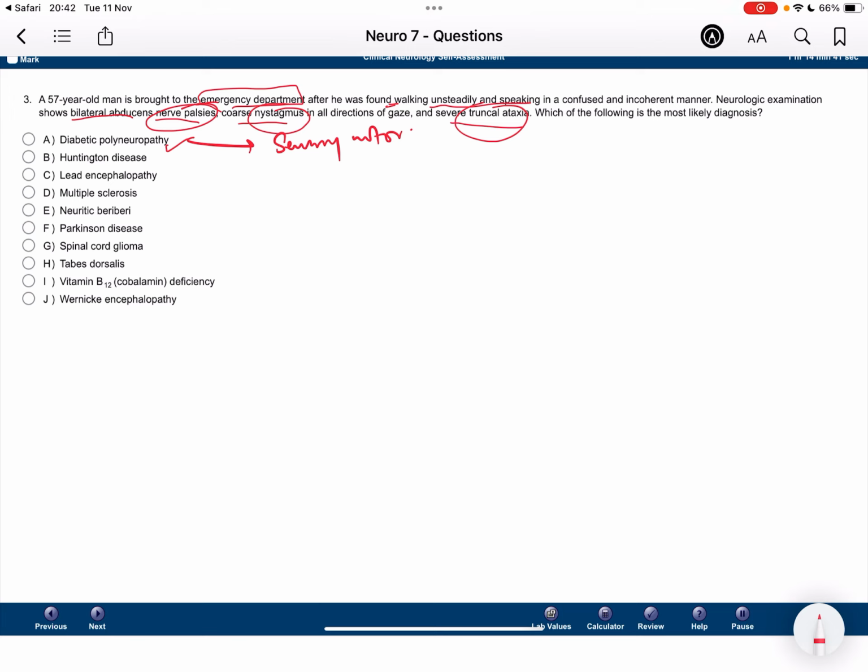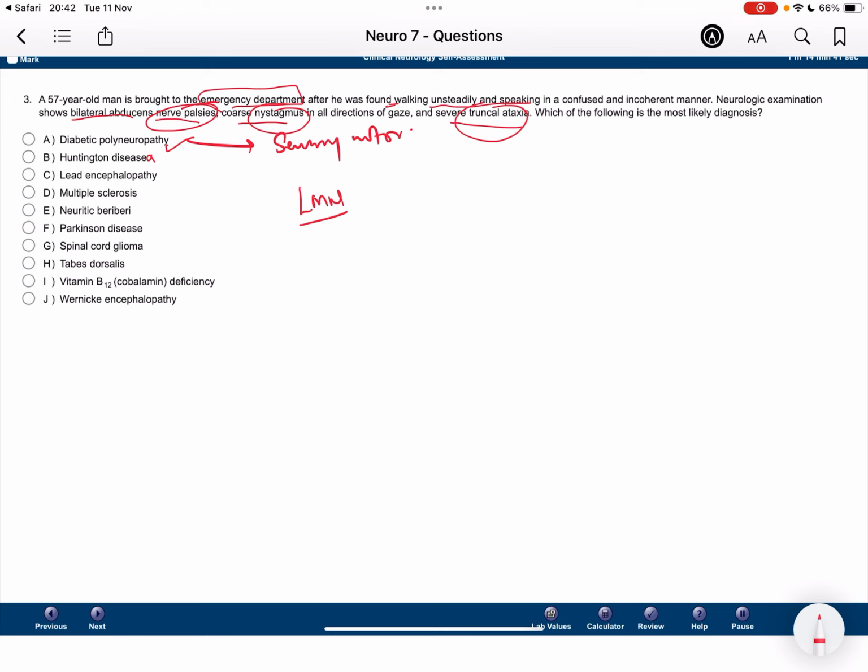Next, we talk about lead encephalopathy. Whenever there is a lead encephalopathy, I would like to tell you that this can be associated with cognitive impairment, and there can be problems with lead neuropathy, that is, peripheral neuropathy could be the most common thing. Obviously, whenever there is a lead encephalopathy, it is a type of lower motor neuron lesion. Whenever there is such a lesion, it is usually presenting with hypotonia and hyporeflexia.